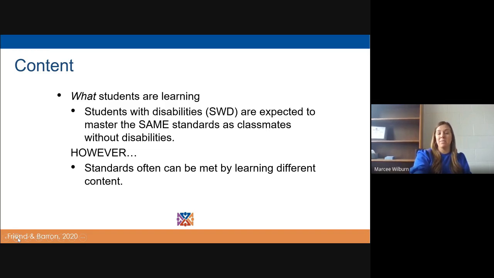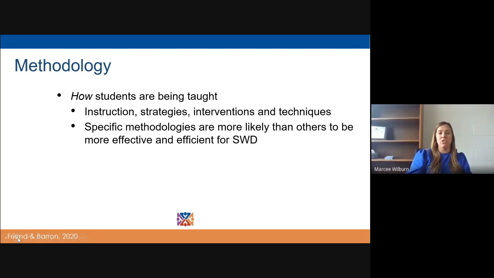That's one aspect that we can change in order to provide that specially designed instruction to our students. Another aspect that can be changed, of course, is the methodology, and this is how students are being taught. So when we think methodology, we're thinking the instruction, the strategies, the intervention or techniques that are put in place. And we know that there are specific methodologies that are more effective or efficient for students with disabilities based on